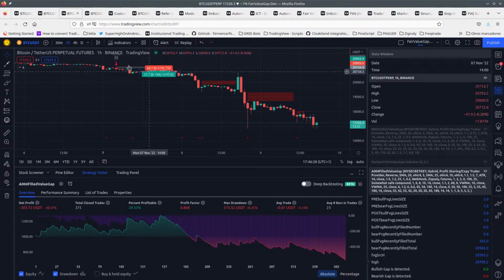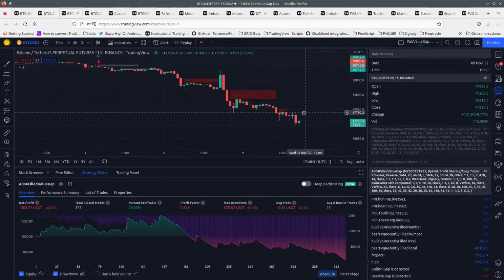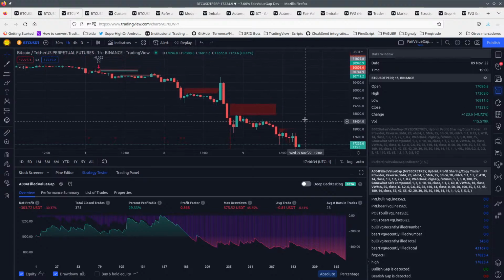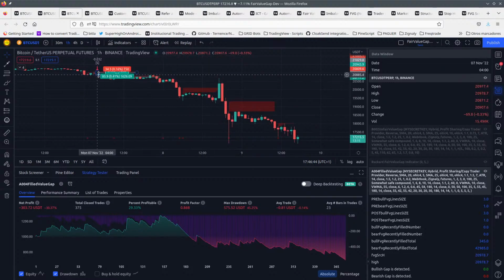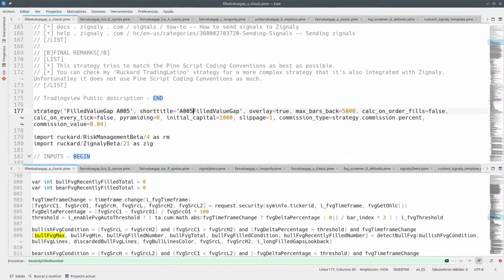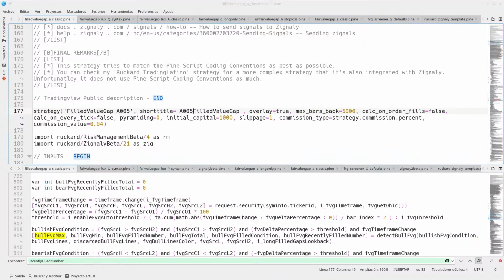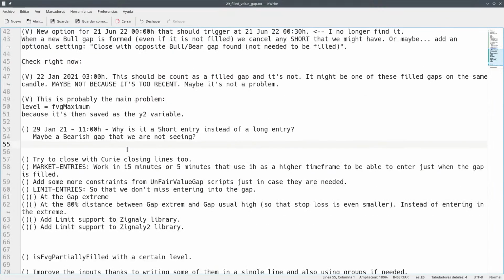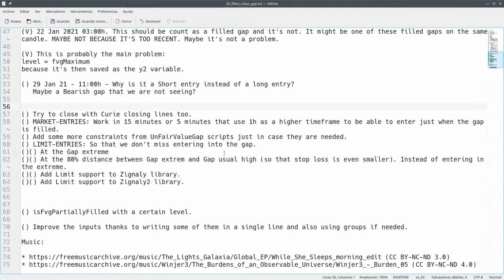And I'm curious. Okay, so now we are in a short position until there is a bullish gap, which we don't find so far. This is nice, because when there is going to be a bullish gap, we are going to close this trade. However, we need to figure out what we want to do with the script. Okay, so we need to check why this short entry is not used,